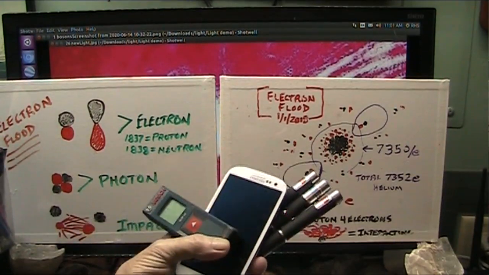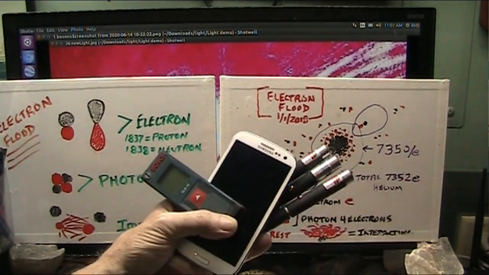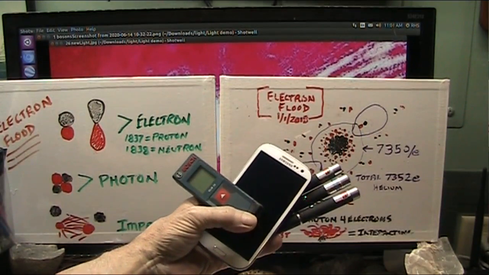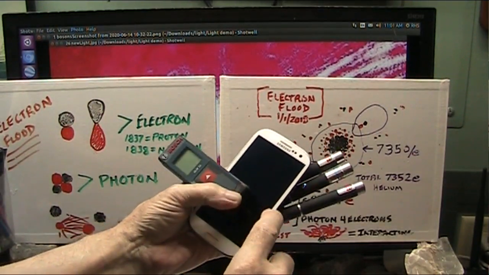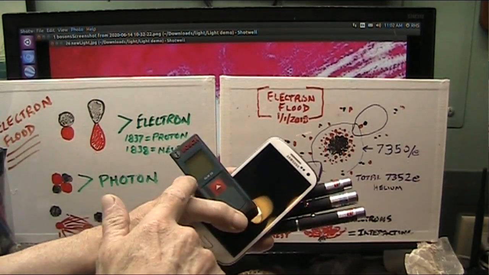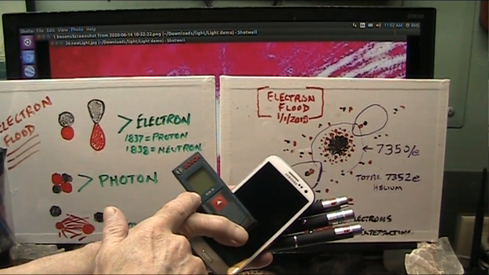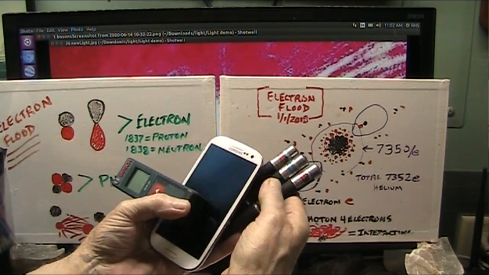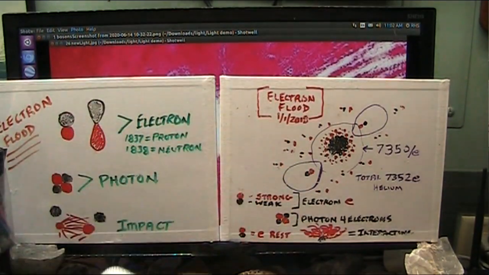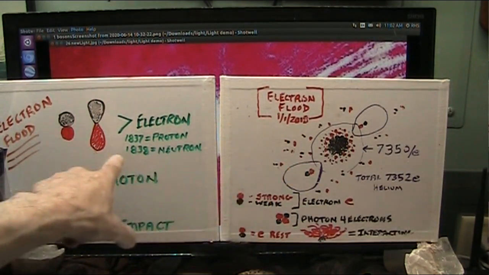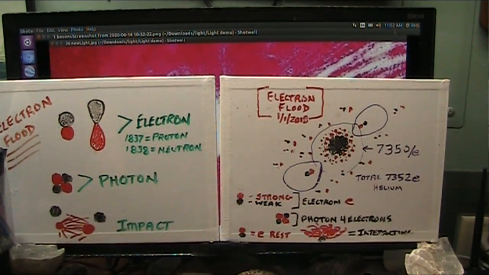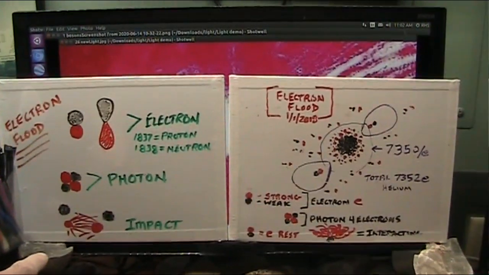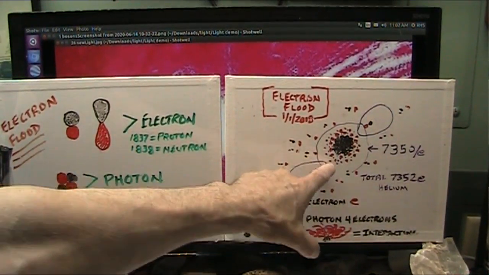All right, my friends, everything I'm going to show you right now was done with just what I have in my hand: the Samsung Galaxy 3, a Bosch pulsed red laser that does measurements, and these little red, blue, green lasers. So you can do all of this stuff, and you will see this is all you're going to have to know about physics and energy and electronics and atomic model.